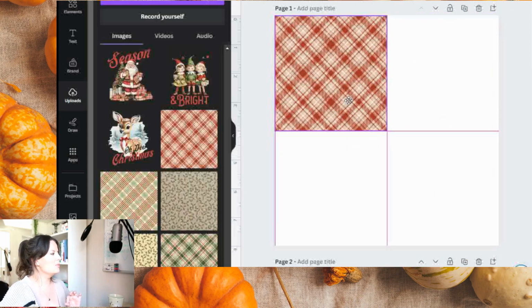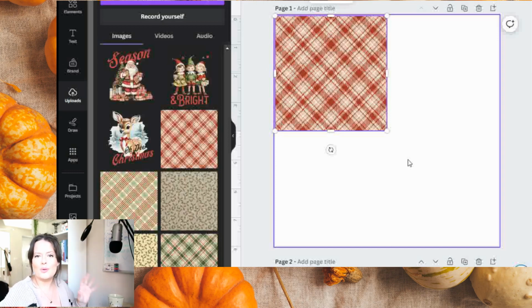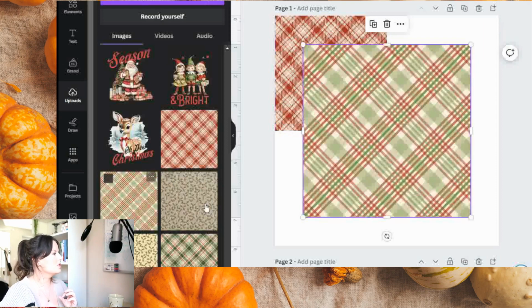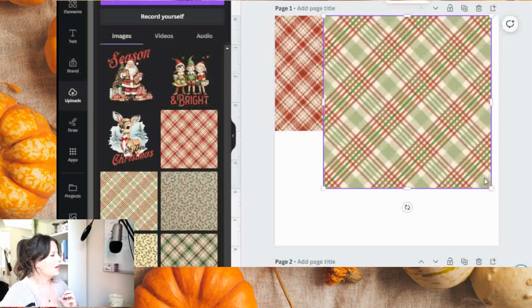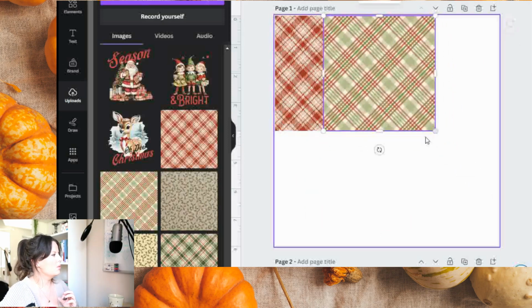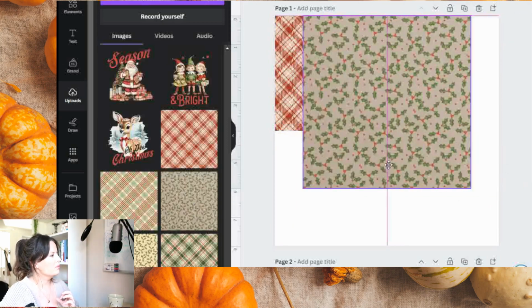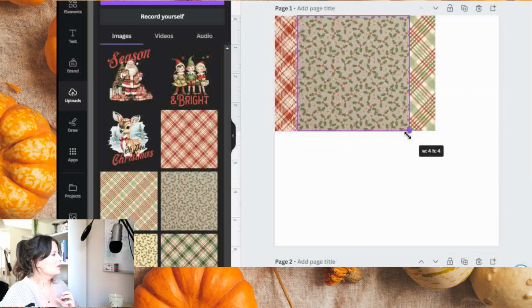Now obviously you are going to make sure that you go over and you start a new document, or you use something like BookBolt to get the cover size absolutely correct. There's a calculator over on Amazon KDP if you want to use Canva, but I'm just going to show you just for demonstration purposes here. So you're simply going to use the patterns that you used for your interior. So we're just going to take each one and we're going to layer them. So let's say you took this one, make it smaller,